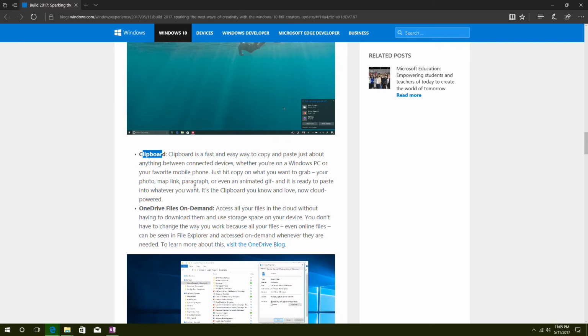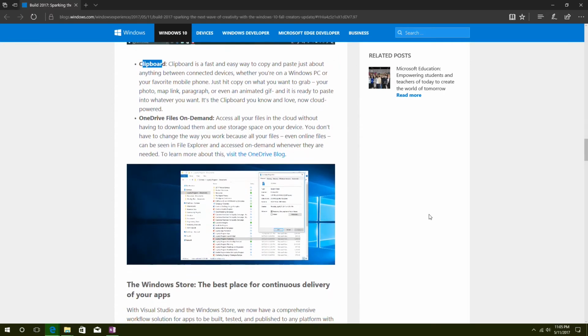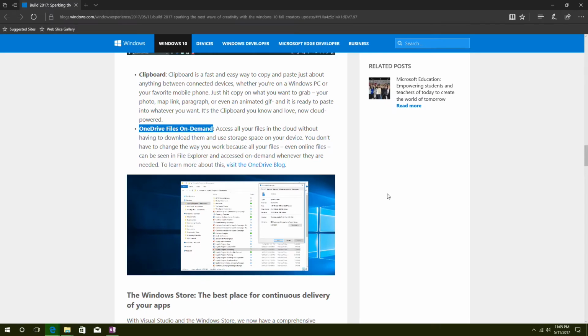And I think this is one of the huge ones that everyone has been asking for, that uses OneDrive. I know if you use Dropbox, people have been enjoying where they have placeholders, but what they're going to call them is OneDrive Files on Demand, which is basically kind of like placeholders. And I think this is huge. I really, really like this feature that they used to have in Windows 8.1, or 8, one of those two versions. And I used to use it all the time. I used to have my whole OneDrive down there, and I only used to double click on certain files, and they'd just be local, and then everything else, as I needed it, they'd be on demand. I think this is a great feature to have.